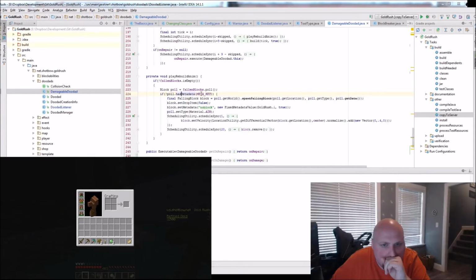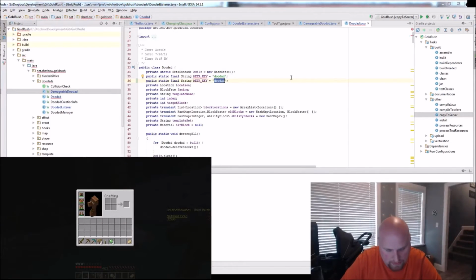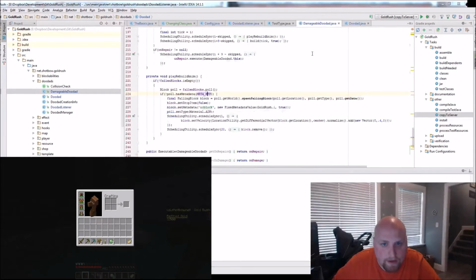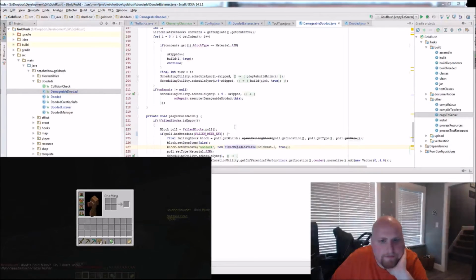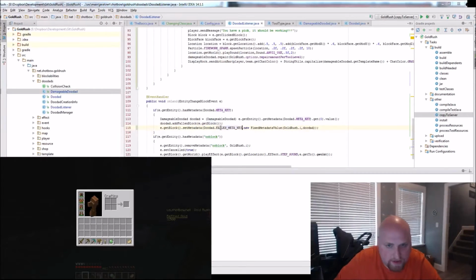Not pull. Oh, I actually want to do a different meta key. Okay, so we'll do this. We'll go fallen block. And we'll call this fallen meta key, just for fun. Because I don't want to have necessarily the same one. So then I'll actually, instead of doing that, I'll go fallen meta key. That sounds awesome. So now you get all of my fanciness. So then we're going to go in here and we'll make this a fallen meta key.